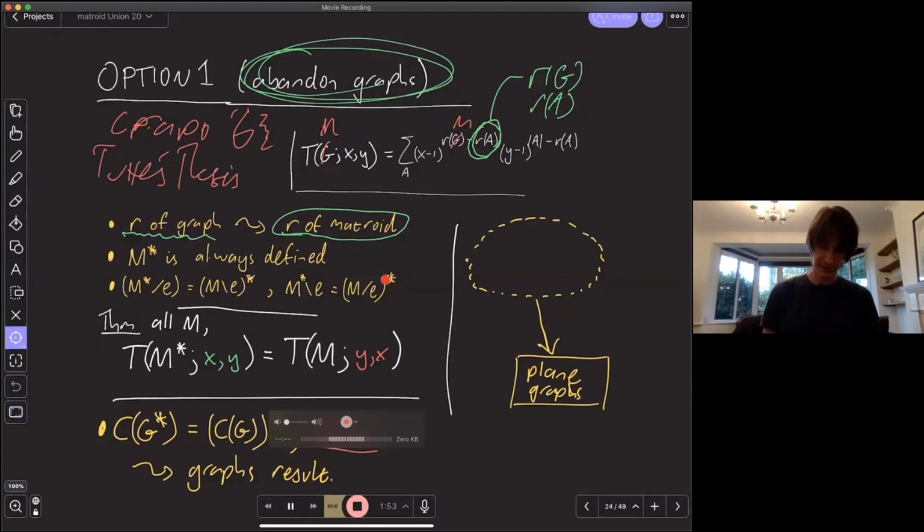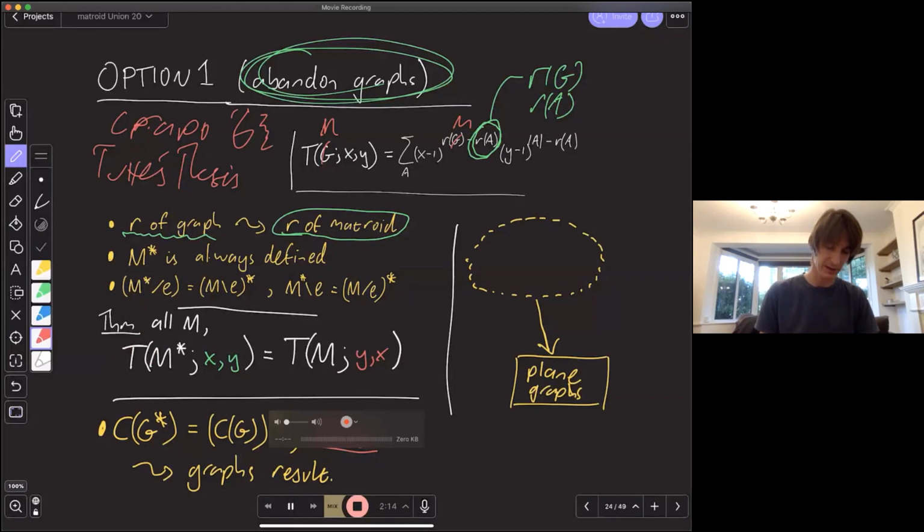So I can take this deletion-contraction result and my fact that the dual of M is always defined, and then go to my deletion-contraction relations. Remember this deletion-contraction definition of the Tutte polynomial. Just feed this in, tidy it up a little bit, and I end up with this beautiful little duality formula again, and I have it without restriction whatsoever. So I no longer have to deal with plane graphs, I'm dealing with matroids.